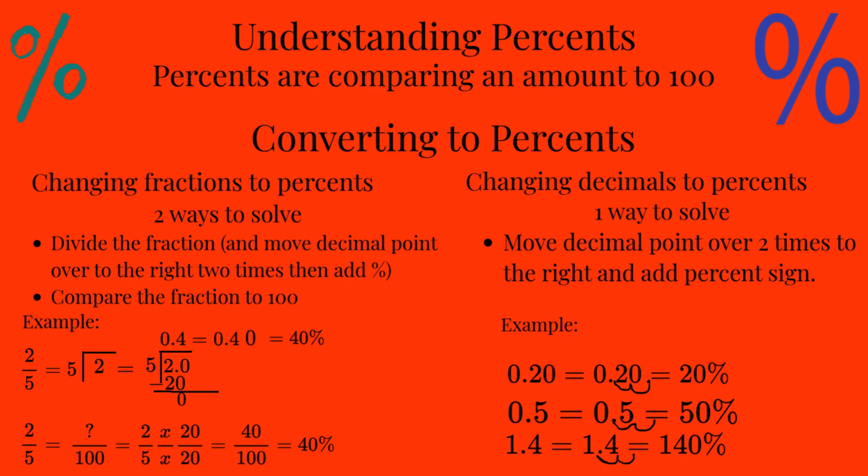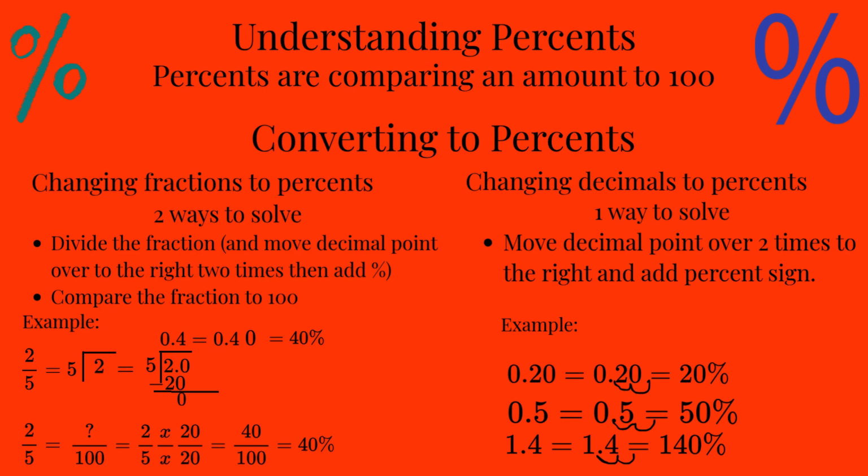Now we must see how many times 5 can go into 20. Well, 5 can go into 20 4 times. So we write our 4 above our division bar, and 5 times 4 is 20. So then we subtract 20 from 20, which equals 0. Our answer is